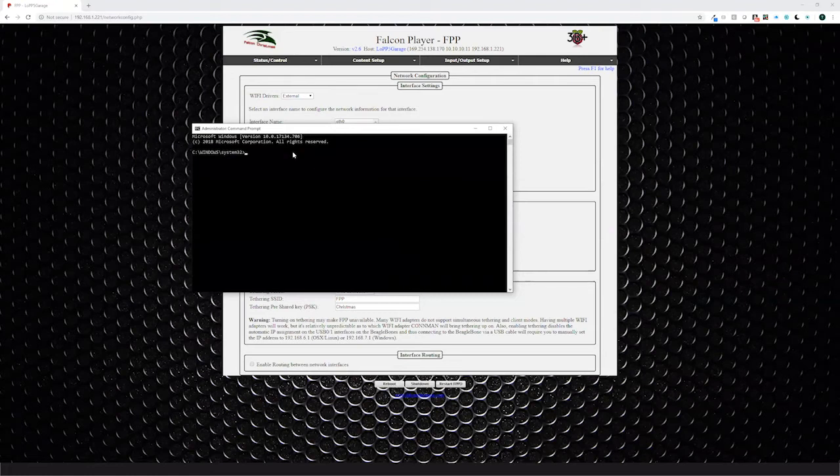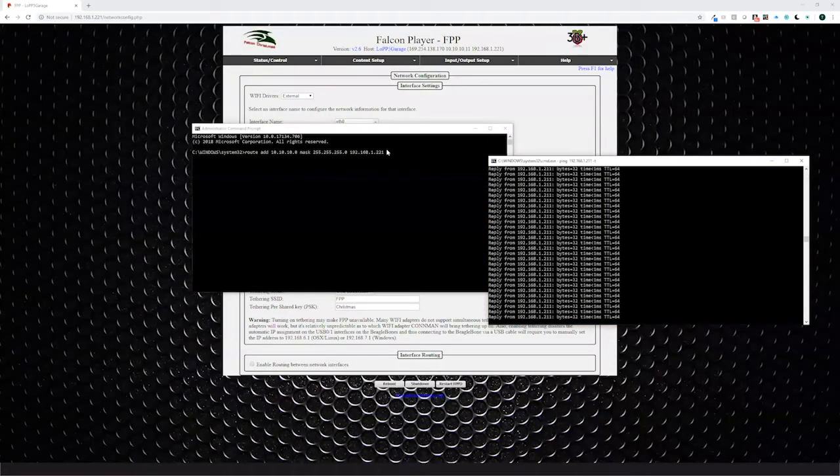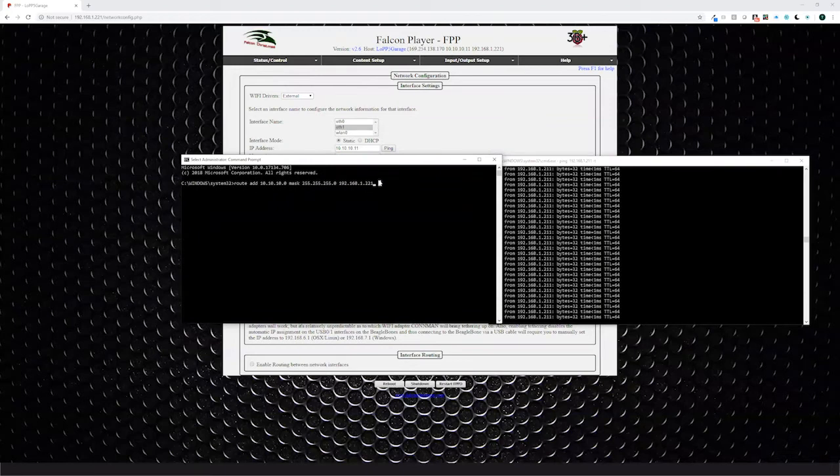So this is the quick way to do it, just to test. It's not the recommended way to do it. So you do route add, and I want to be able to get to the 10.10.10.0 network, and its mask is 255.255.255.0. And I want to be able to get to it via the Wi-Fi IP, which is the 221, right? So really, you should put -P here, or minus capital P for persistent, but I'm not going to do that because I'm going to show you a couple different ways to do this. So if I were to hit enter,